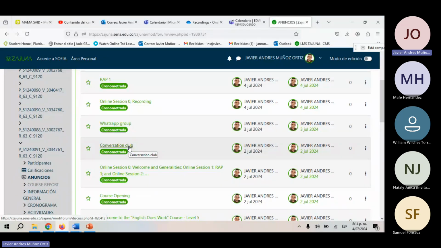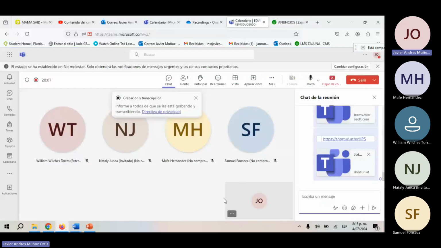So answering questions, and in my case, I'm going to give you a text. The idea for you is to read an extract of the text, a fragment of the text. But every single instructor is different, so the topics are going to be particular for each session. But once again, the idea is for you to practice with students from our FICAS. Every single Tuesday, the link is always going to be the same. I don't know if that was your question, Samuel.